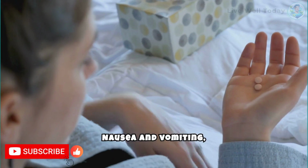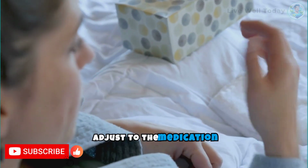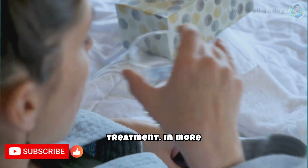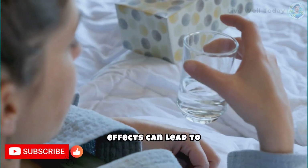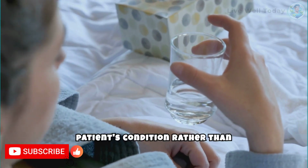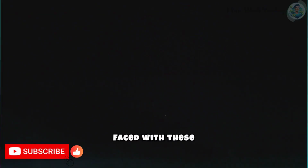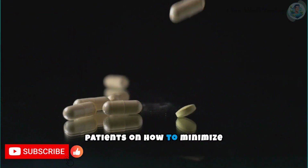Nausea and vomiting, for instance, often occur when the body tries to adjust to the medication during the initial weeks of treatment. In more severe cases, these effects can lead to dehydration and electrolyte imbalances, worsening the patient's condition rather than improving it. Faced with these challenges, it is essential for doctors to advise their patients on how to minimize